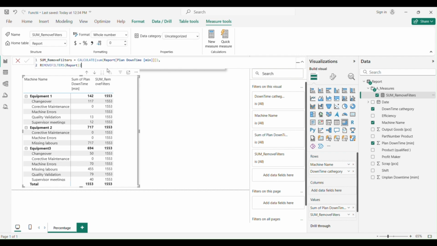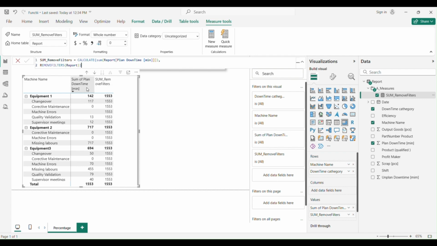So what actually happened is the function took the total planned downtime, which is 1.5k, and it has been added to all the categories in our table. So basically all filters have been removed, right?